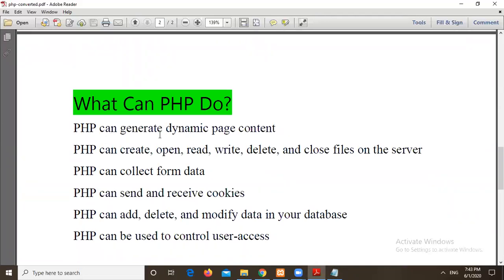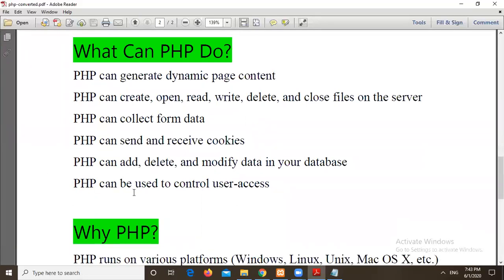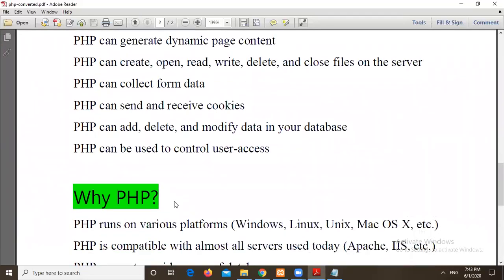PHP can generate dynamic web pages. PHP can create, open, read, write, delete and close files on the server, right? PHP can collect form data. PHP can send and receive cookies. With the help of PHP, we can add, modify and delete data present in your database. We can control user access also.